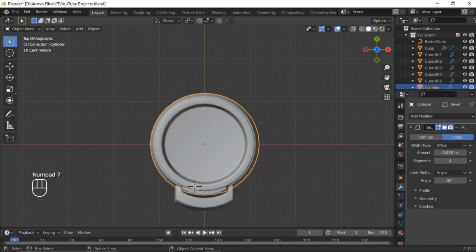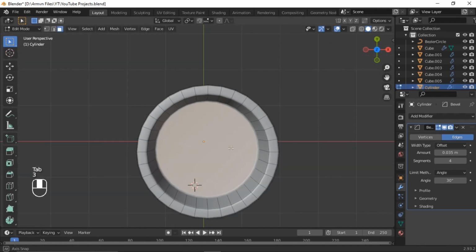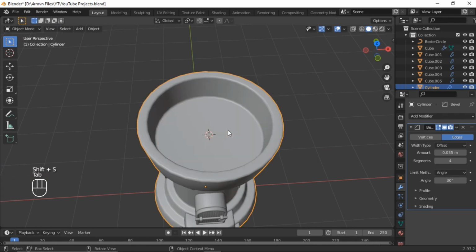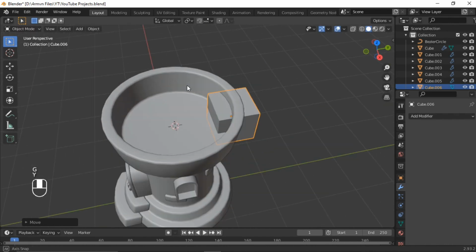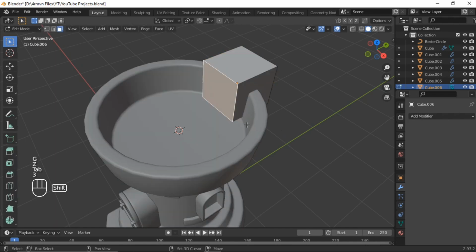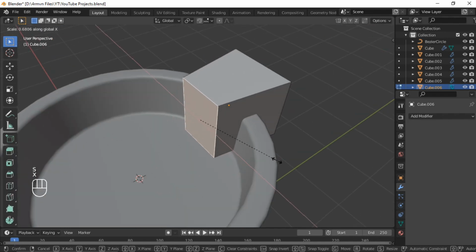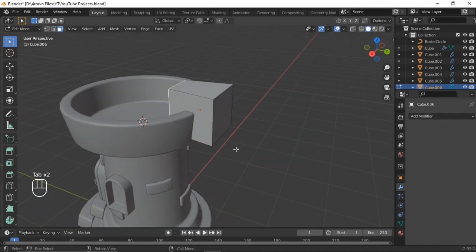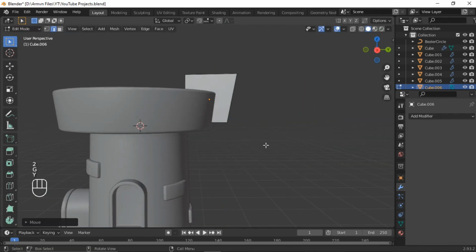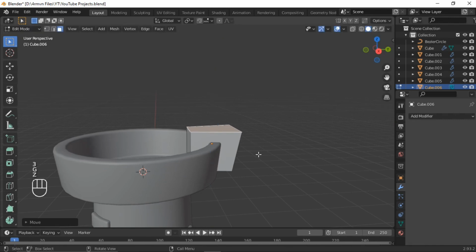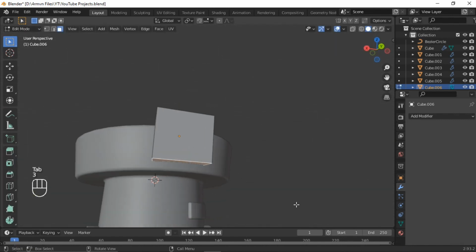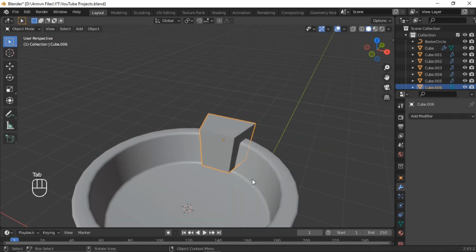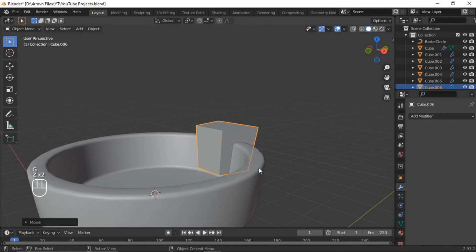Next step, we need to add some details on top. So from here, I'm just gonna put our cursor here and add a cube like this, and select this face and scale a little bit like this. Scale this part as well. And then